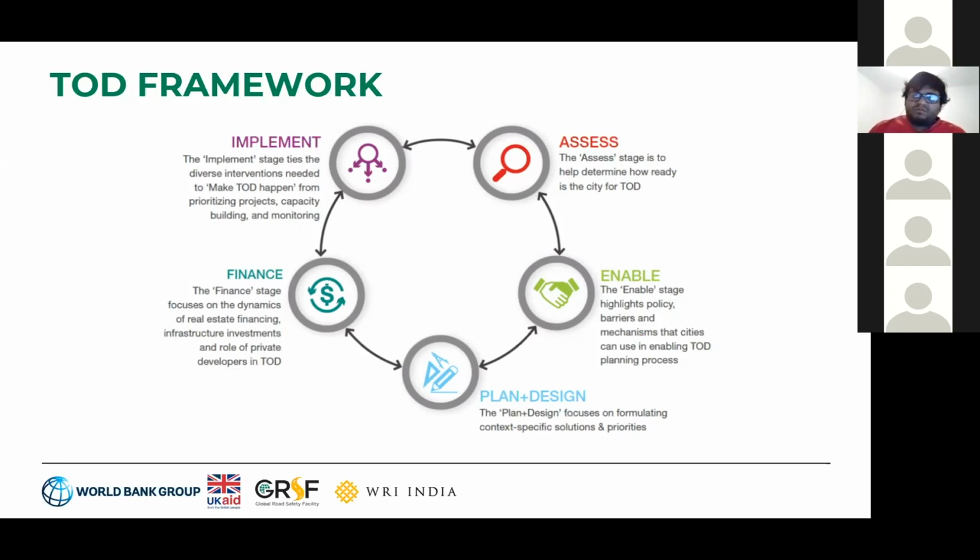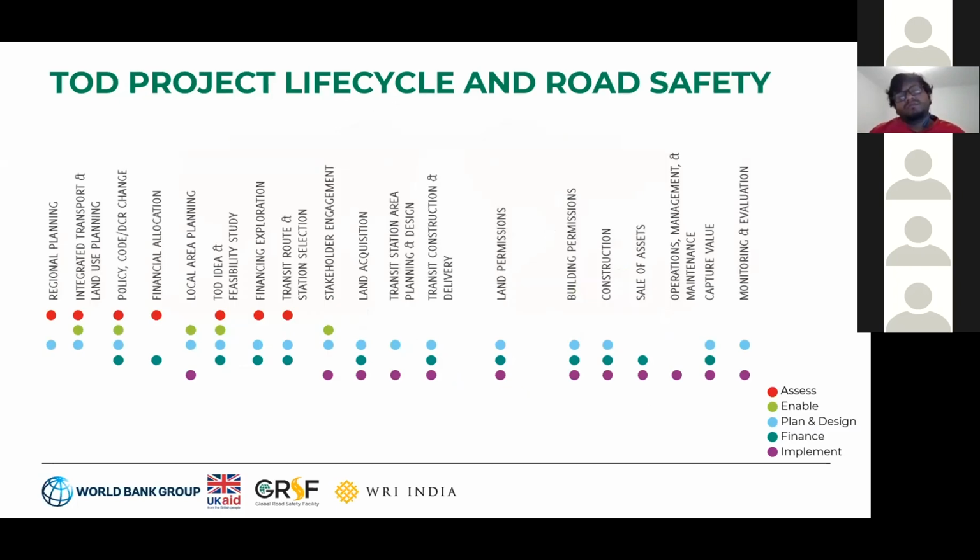The implementation stage ties together the diverse interventions needed to make TOD happen, from prioritizing projects to capacity building and monitoring. It provides an overview of the tasks and subtasks required to implement TOD plans, including the institutional framework and supportive public policies. A typical TOD project lifecycle consists of stages that can be categorized under the 5 steps of the TOD framework shown on the slide. In our experience, the highlighted lifecycle stages include road safety as an embedded element